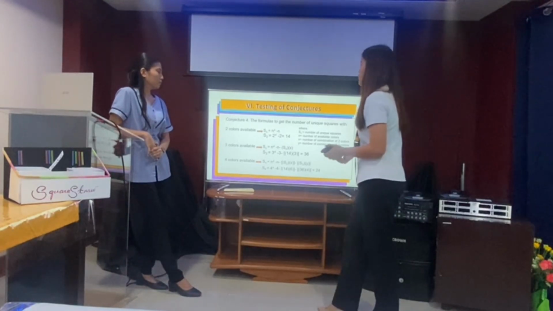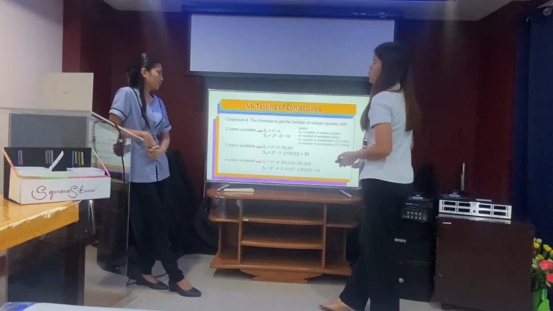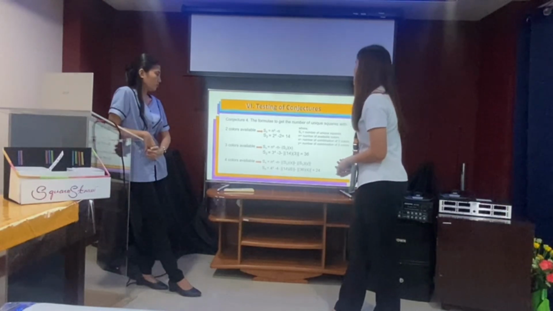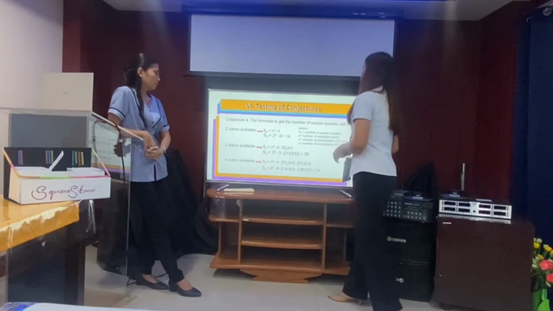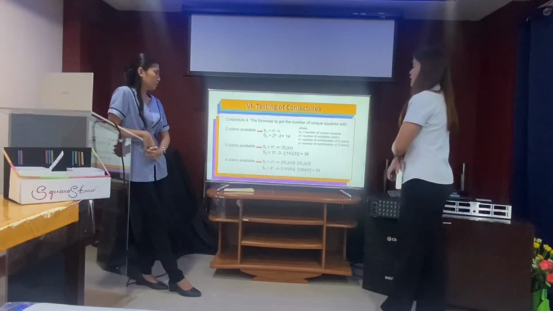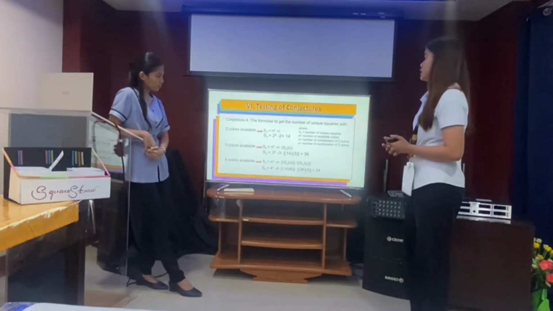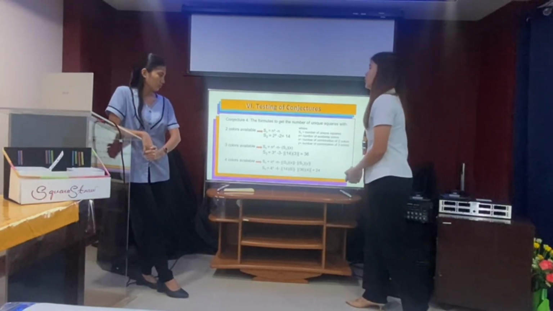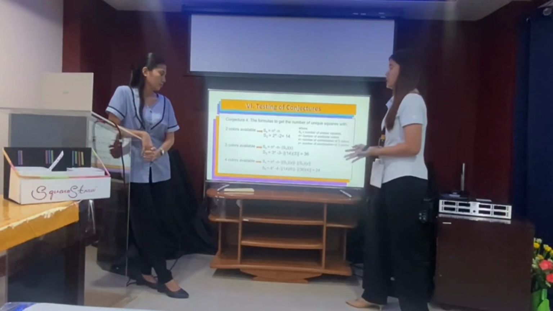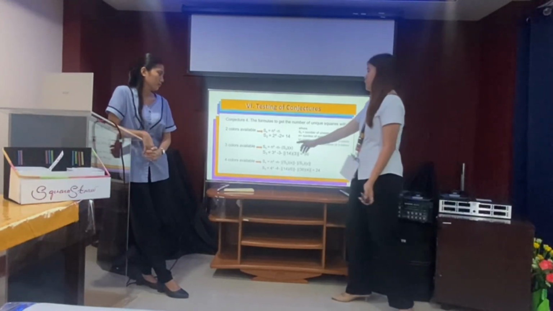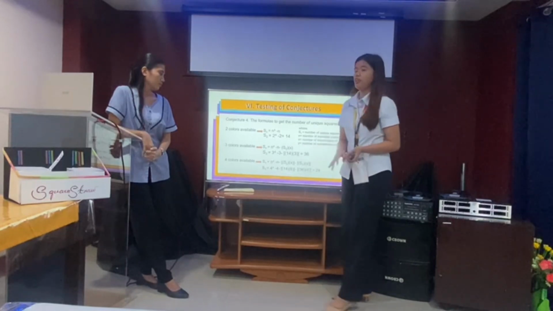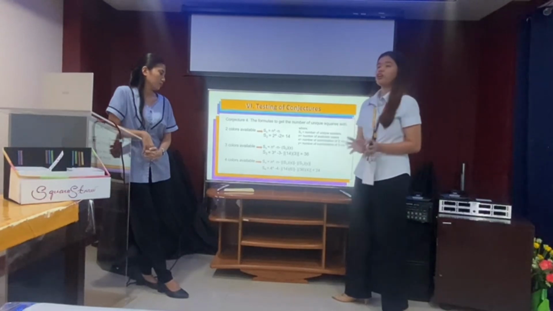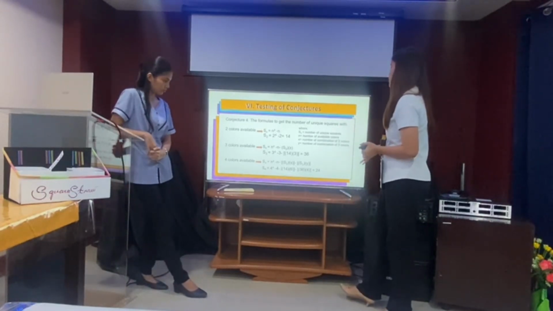The last conjecture is the formula to get the number of unique squares with two colors: S of n is equal to n raised to 4 minus n, where S of n is the number of unique squares, n is the number of available colors, x is the number of combinations of two colors, and y is the number of combinations of three colors. As you can see, if two different colors are available, we can make 40 unique squares; if three colors are available, we can create 36 squares; and if four colors are available, we can make 24 unique squares.